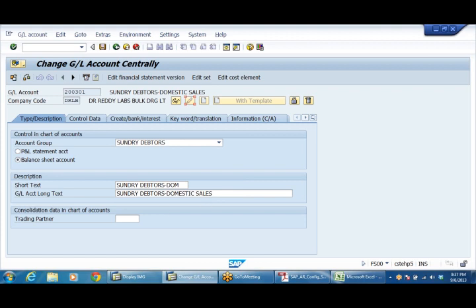And this is sundry debtors for domestic customers.